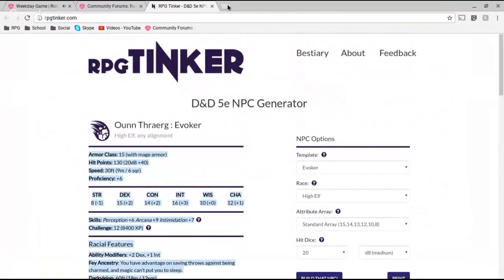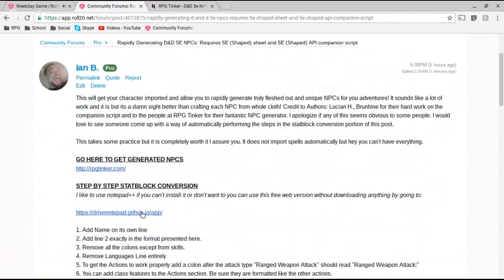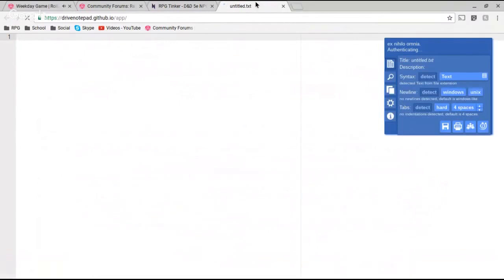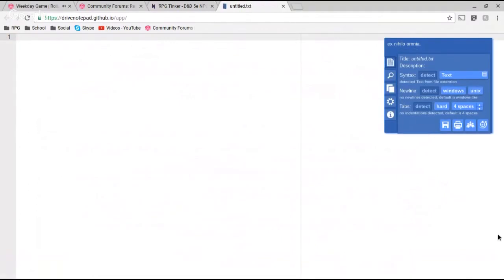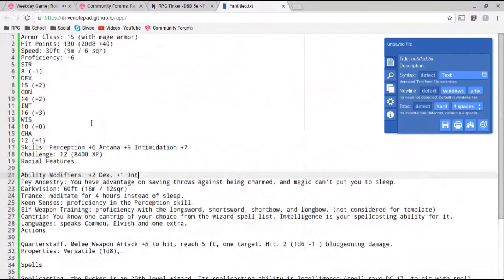Now we're going to go to Drive Notepad, or you can use Notepad++ if you're a Windows user. It's a free program. Honestly, I just prefer Drive Notepad, especially since I'm on a Chromebook. Okay,